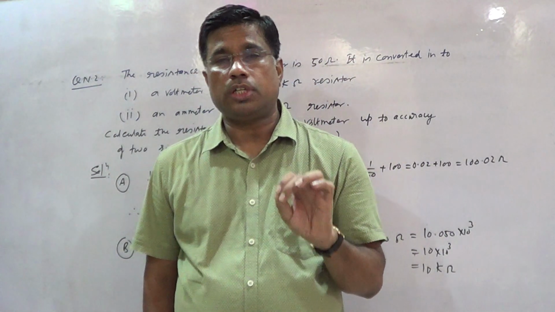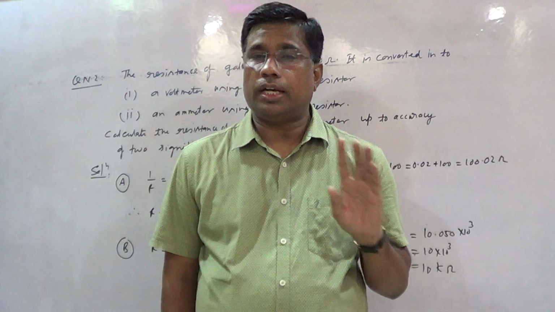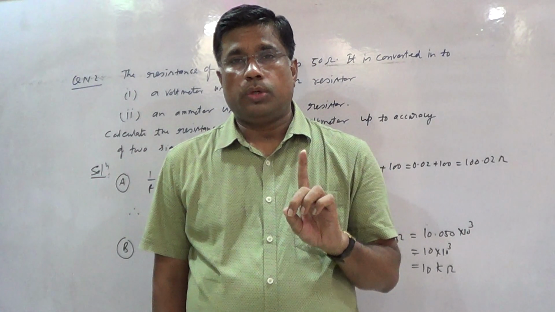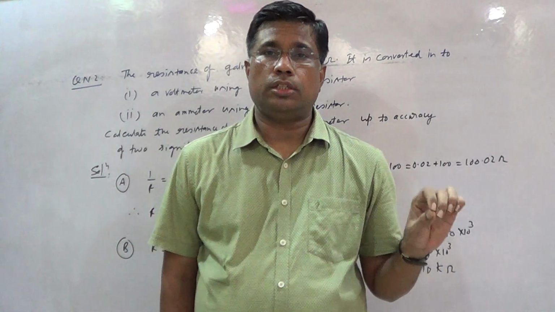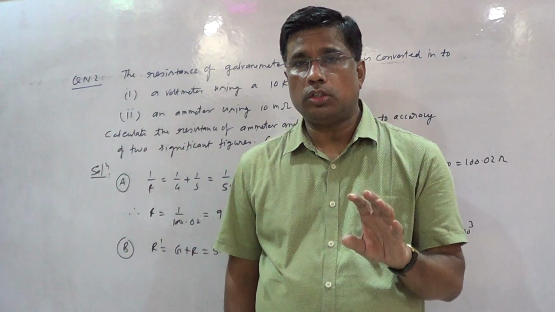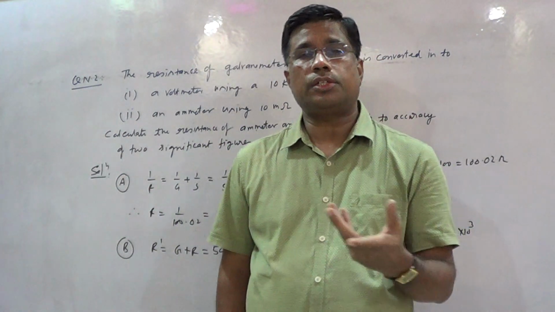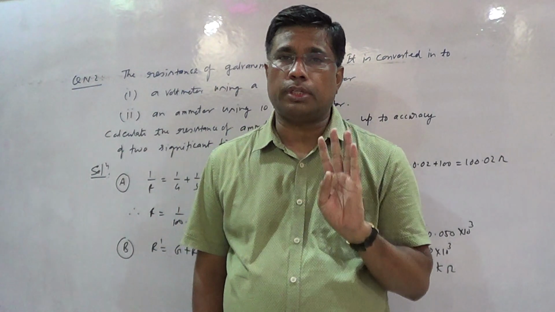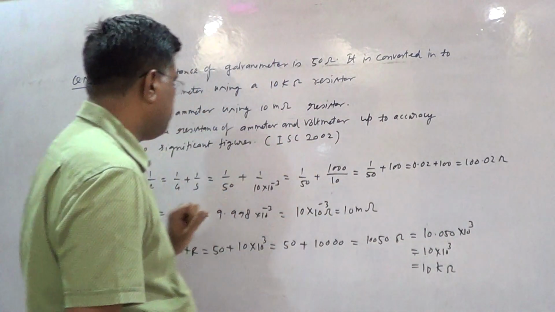So here I will tell you the rules of significant figures again. In a measurement and in a calculation, all non-zero numbers are significant. First rule: in any calculation and measurement, all non-zero numbers are significant. Second, if 0 is occurring between two non-zero numbers, then it is significant. If 0 is used to represent the accuracy of an instrument, then it is also significant. So these are the basic rules to calculate significant figures in a given number or in any calculation. We will follow these rules to solve this problem.